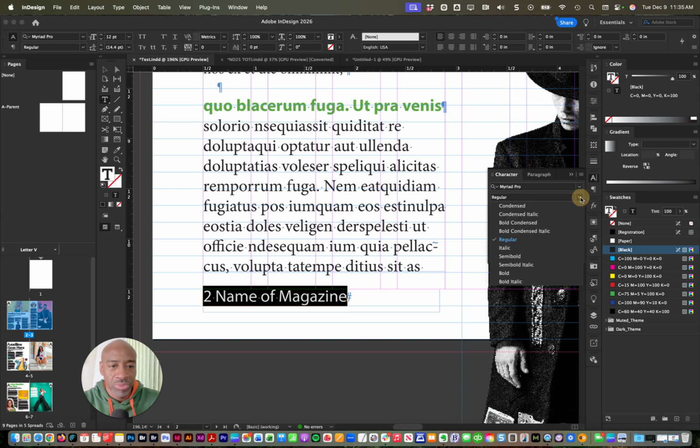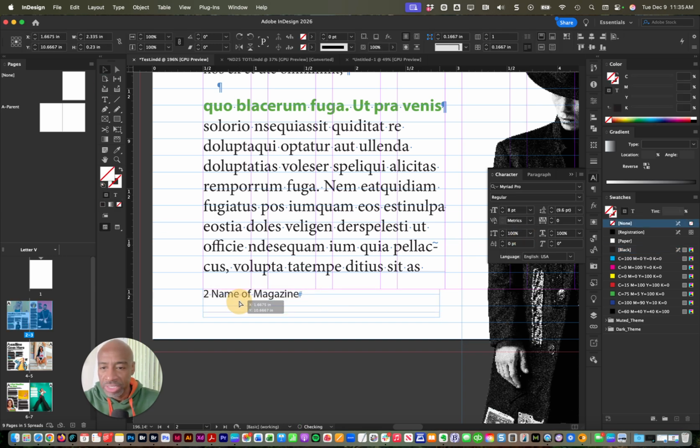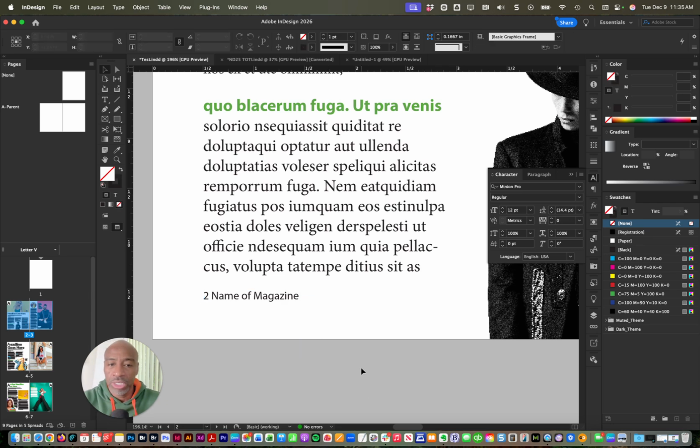Let's reduce this size here. Let's maybe make it 8 point or so. Now let's say you put it down here. And I'm going to turn off my guides by hitting W on my keyboard. Here's what you don't want to do. That's what you don't want to do. Why? Because we want